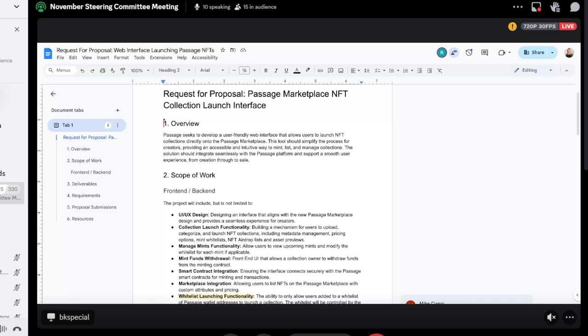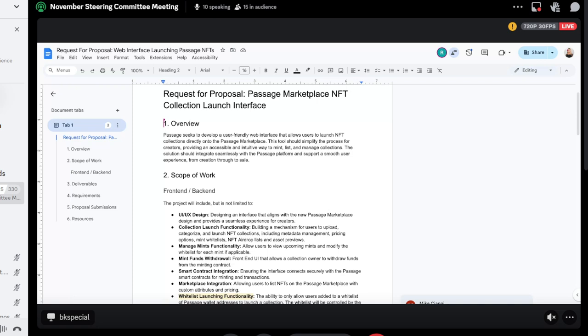We just want to be careful about it because the Passage marketplace is meant to be a marketplace for NFTs that are going to leverage Passage in some way, whether they're avatar assets or access passes to Passage worlds, or eventually world building assets, things like that. So we don't want to just open it up and be flooded with stuff. There's lots of other marketplaces to launch a fun art collection.